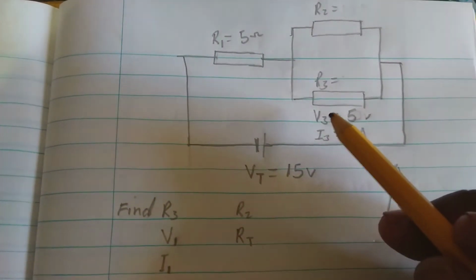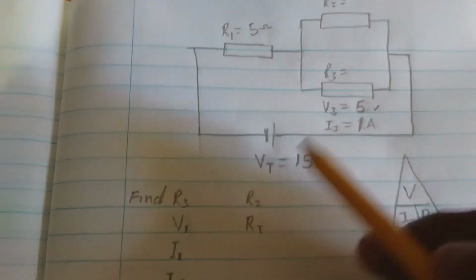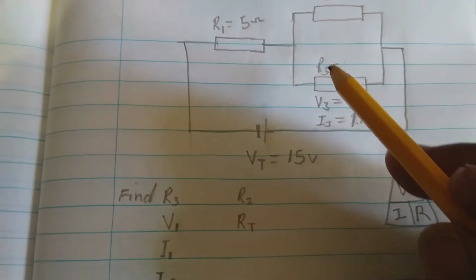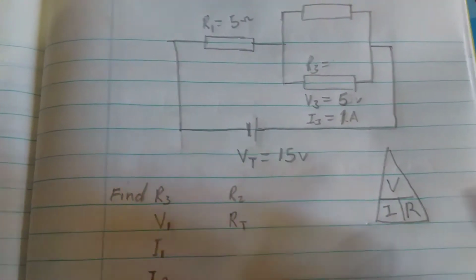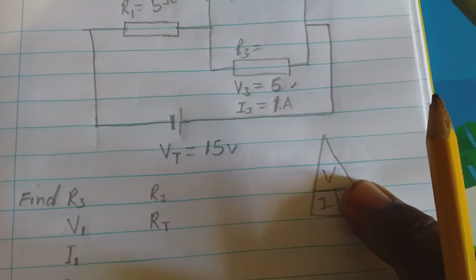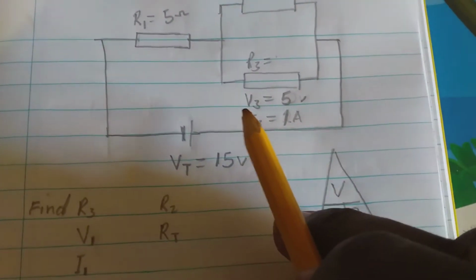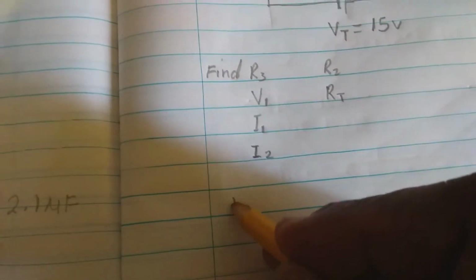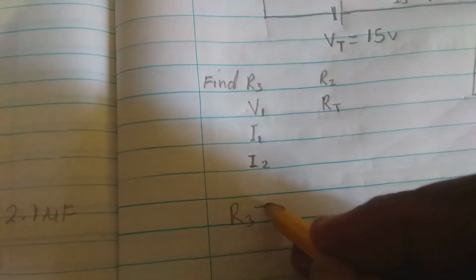Here we need to find R3, so we are looking for R3. We're going to use this triangle. We cover R, so R is equal to V over I, and we have the values V and I. So R3 is equal to